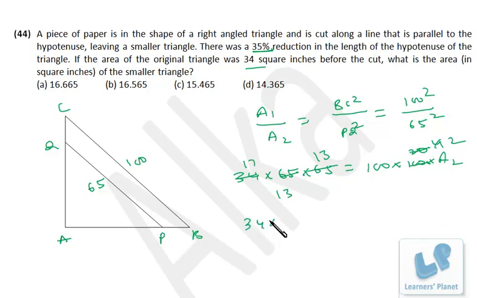So 34 into 65 into 65 is 100 square into A2, right? Now the digital root of 100 square will be 1 only. On the left side, the digital root is 7 into 6 plus 5, 11. That's 2 into 2, 7 2s are 14, 2s are 28. That means the digital root is 1 over here. Now we just have to see that the digital root of A2 should also be 1, because the digital root of this is 1. So if A2 is 1, then finally we'll get left hand side equal to right hand side, right? So just check it up.